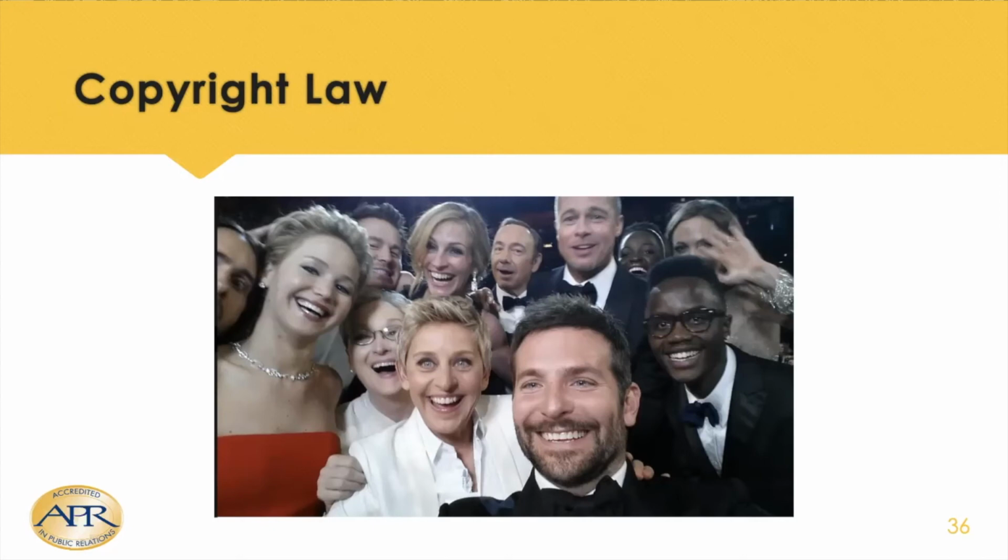Ellen DeGeneres there in the center was the host that year. Maybe some of you are too young to remember this, but hopefully almost everybody saw the photo. That year, Samsung was the major sponsor. Ellen DeGeneres had a Samsung phone in her hand, and she was wandering around throughout the whole event, taking pictures, and then they were posting them.